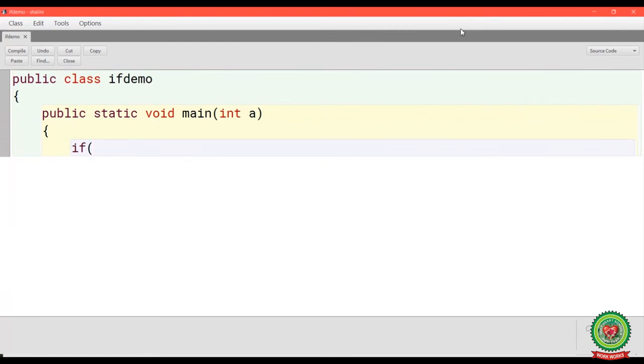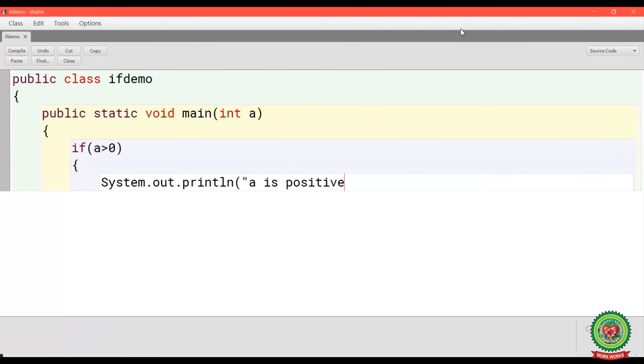If a is greater than 0, then bracket start, System.out.println a is positive. Then I close the bracket, then put this curly brace, then one more, and at the end my class is finished.